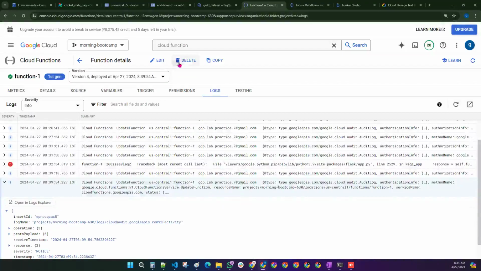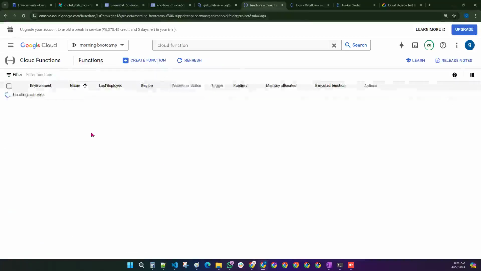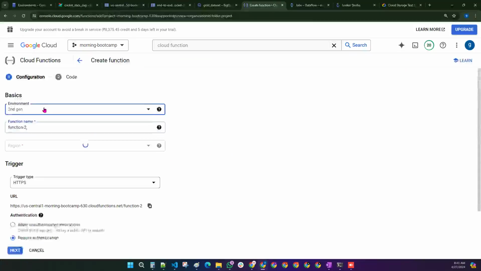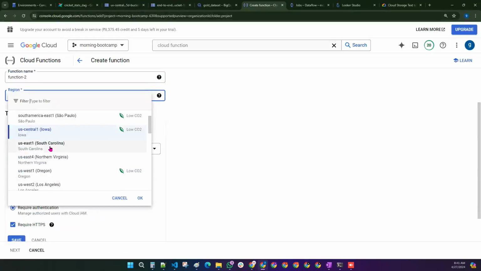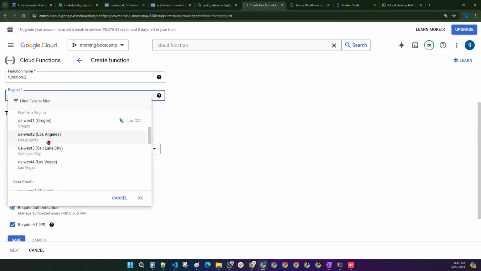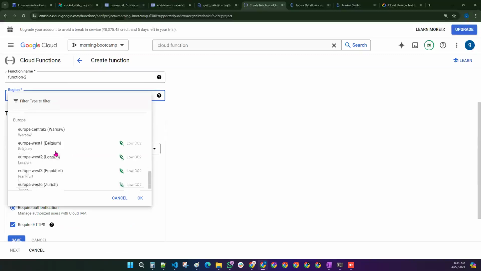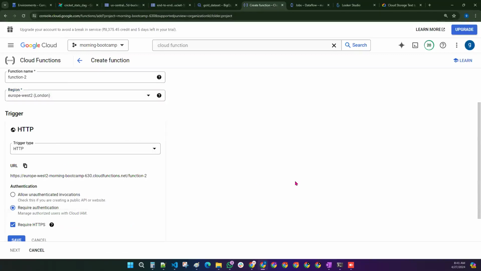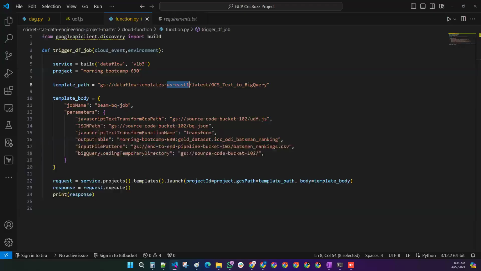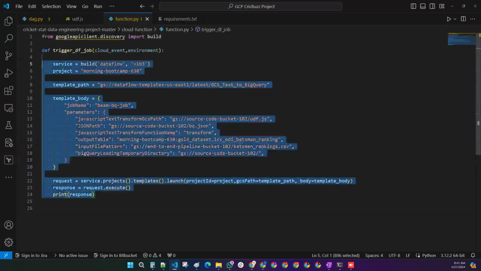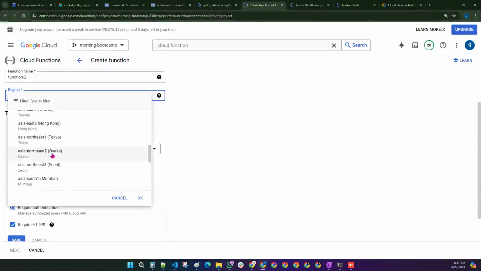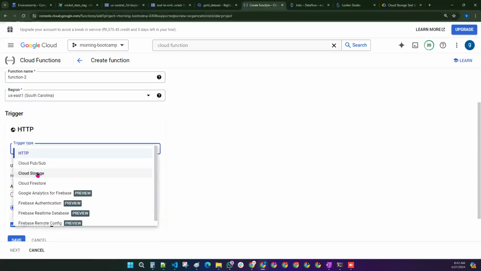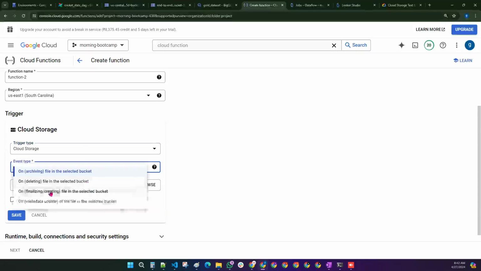Final time, let me try to create one more function. This time I'll call it function 2, and this time I will take Europe West 2. So we have selected Europe West 2, right? Or is it Europe East 1? Yeah, sorry guys, US East 1. I'm selecting US East 1